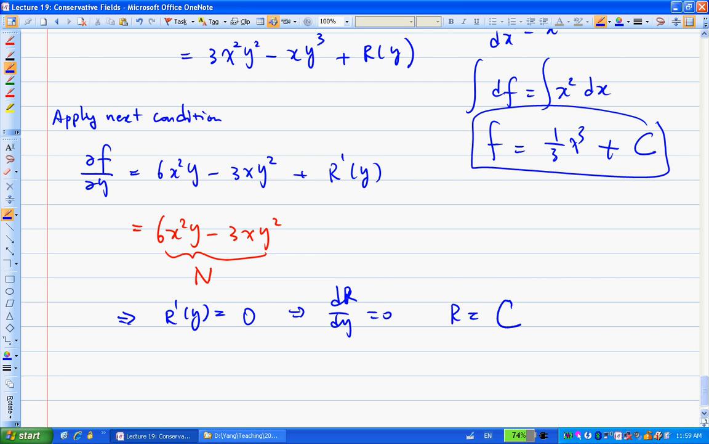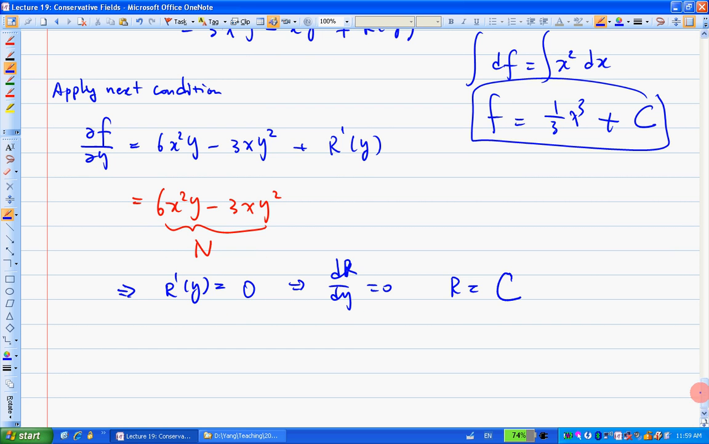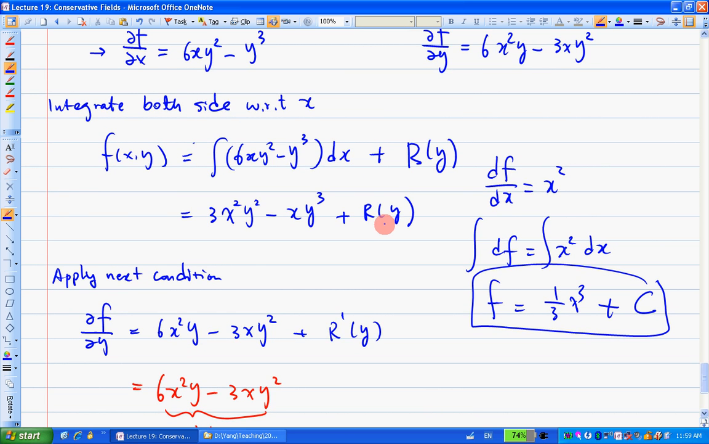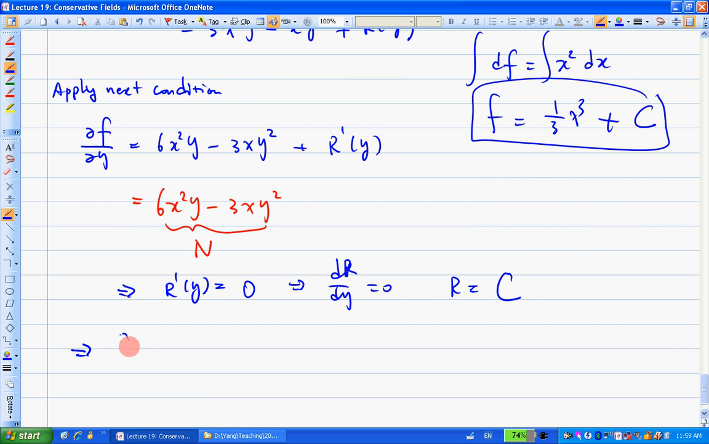If r is a constant, I'm going to put it back over here. Okay, so that equals to